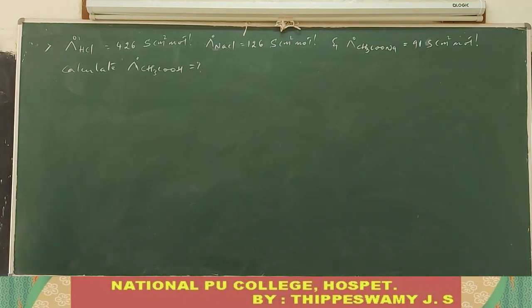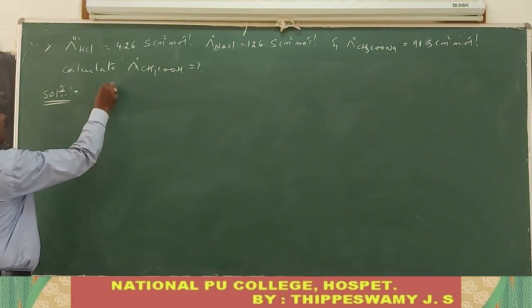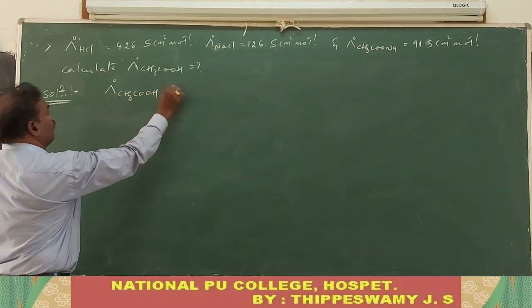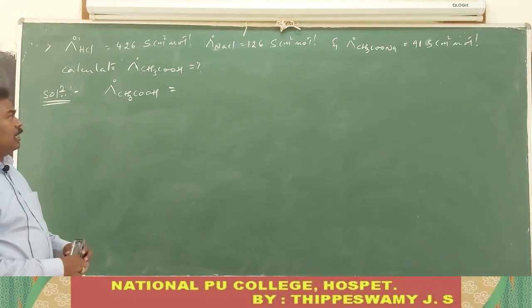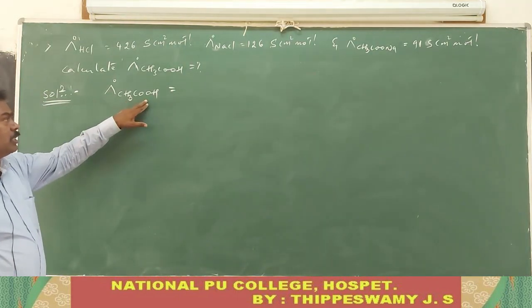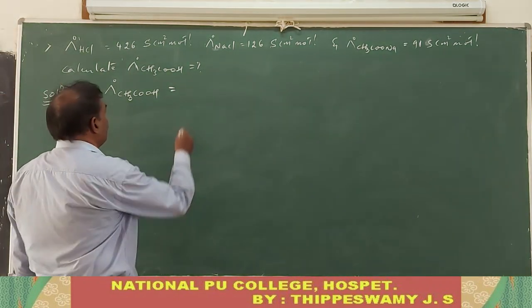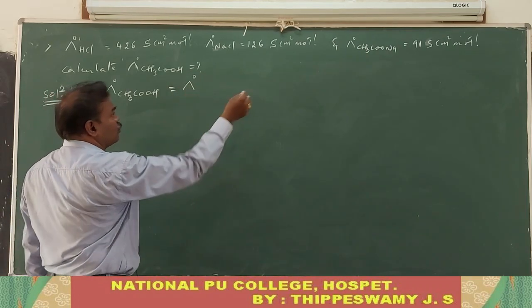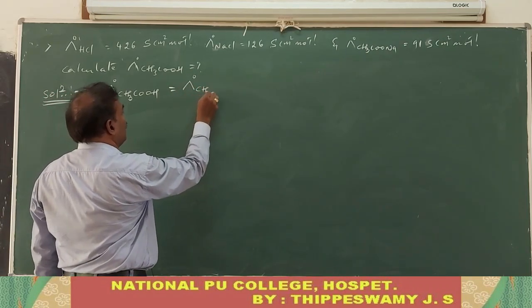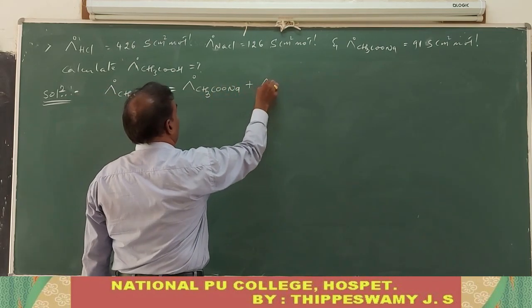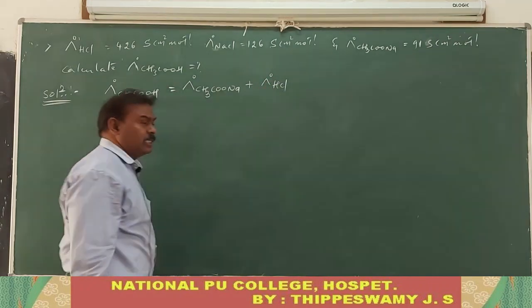According to the Kohlrausch law, how do we write the expression? First of all, this is very important. The limiting molar conductivity of acetic acid, CH3COOH, is equal to... we have to take the contribution made by the acetate ion and the contribution made by the hydrogen ion. So first, we take the limiting molar conductivity of sodium acetate, that is CH3COONa. Then plus the limiting molar conductivity of hydrochloric acid, and